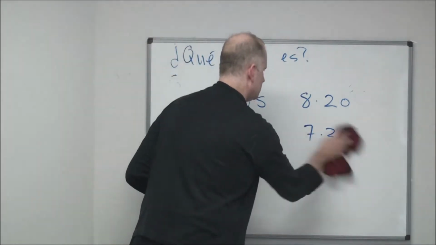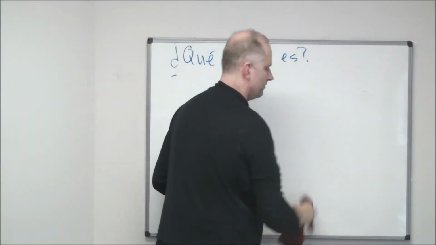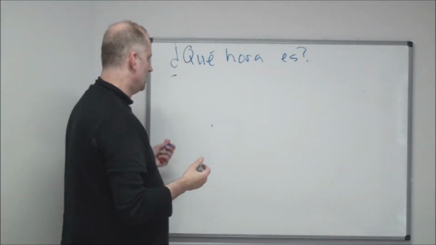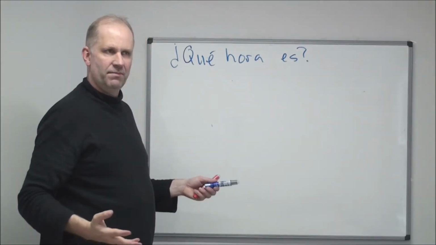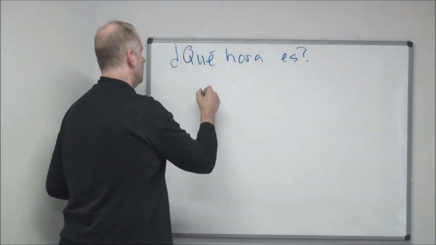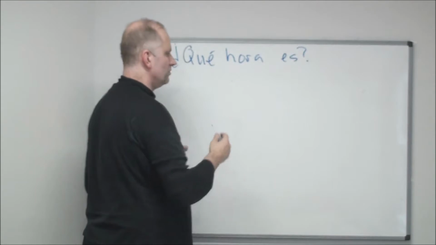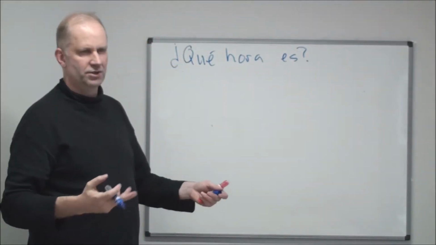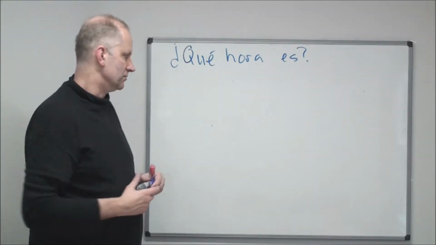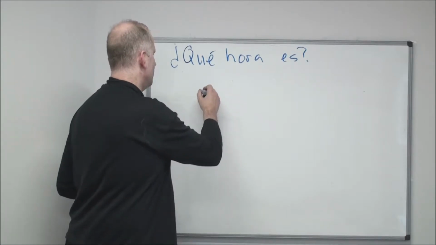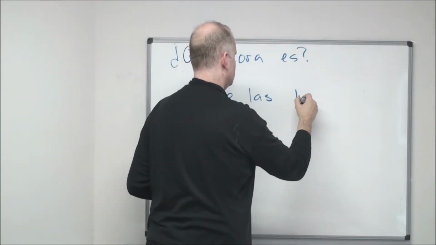Another thing I want to look at is when you're saying it's around, about, approximately the time, it's about 10 o'clock. So if we say, what time is it? You look at your watch, it's about 10. Or you say, what time should we meet? Rather than saying what time it is, if you look at your watch, you know the time. But if somebody says, what time do you have breakfast? You could say roughly, around. So you could say sobre las 7.